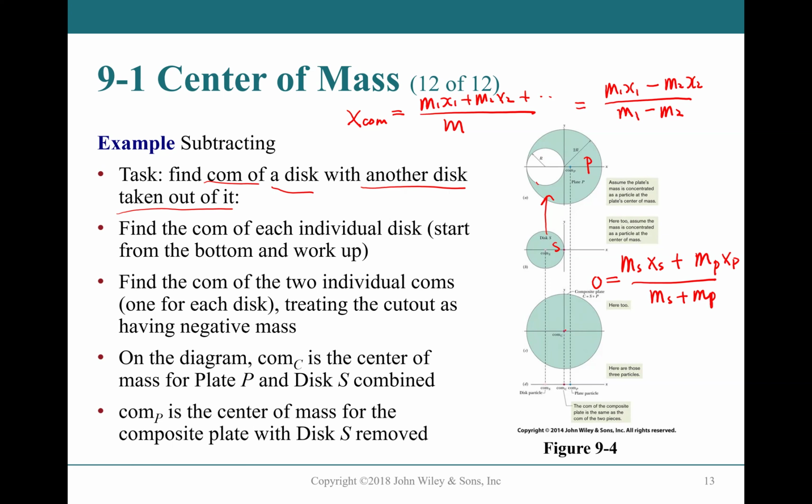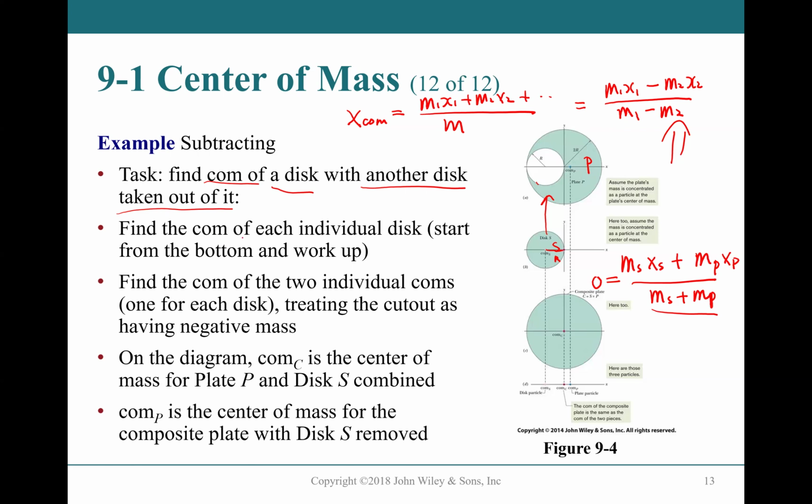And then you can find out where is your XS. XS is this little distance here, R, and you can find out where is your XP, because this whole thing here is the total big M. This is big M, M1. You can use this, it's easier, but you can also use this. It's the same thing. Okay? So you can also get your XP here.